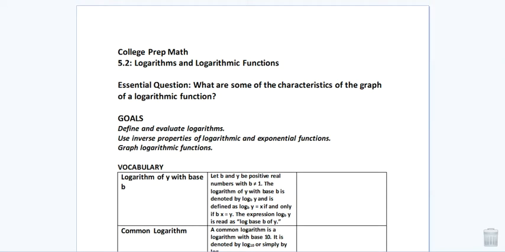So 5.2 is going to be titled Logarithms and Logarithmic Functions. You guys remember that function we just had up there that Piper was asking about, the $100 difference? And we said we had to figure out what type t was. T was an exponent and all that, wasn't it? Yeah. Okay, what logarithms do for us, kids, logarithms allow us to solve